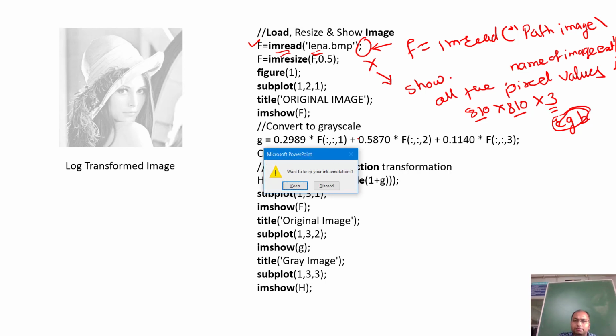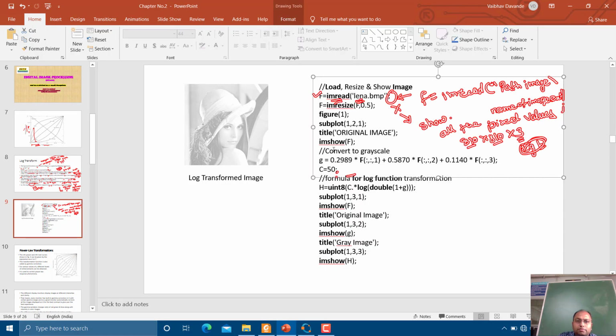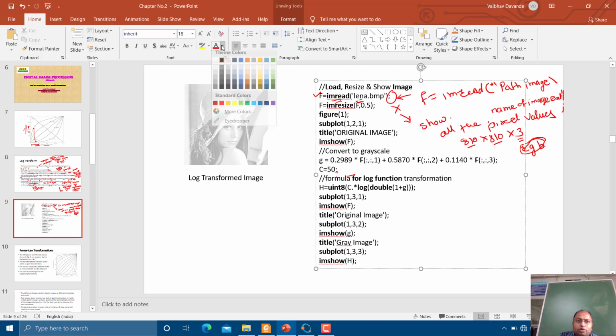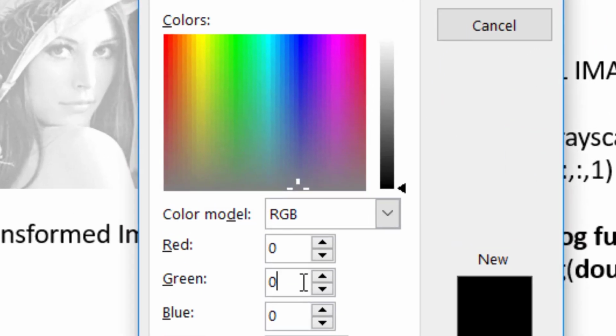Let us take an example. Look over here. Suppose I want to change the font color. Let us go into this so that you can understand the exact meaning of this. Black is represented by RGB as 000. So no color information is present for the black color, right? So right now this is representing the black color, isn't it?